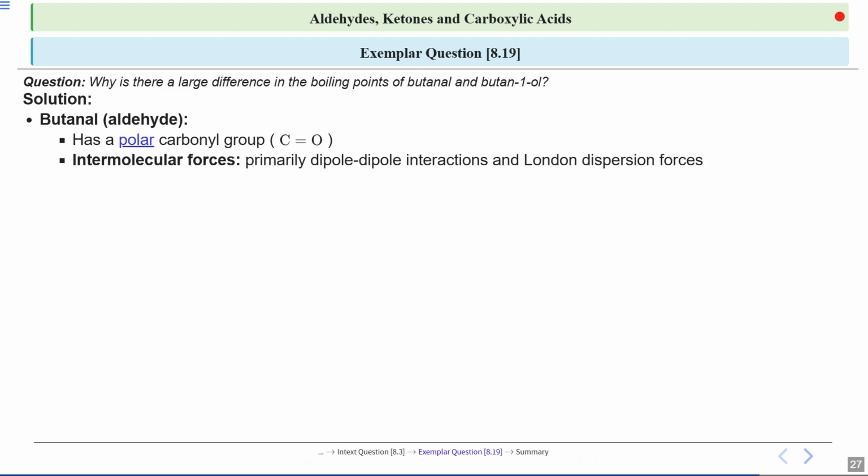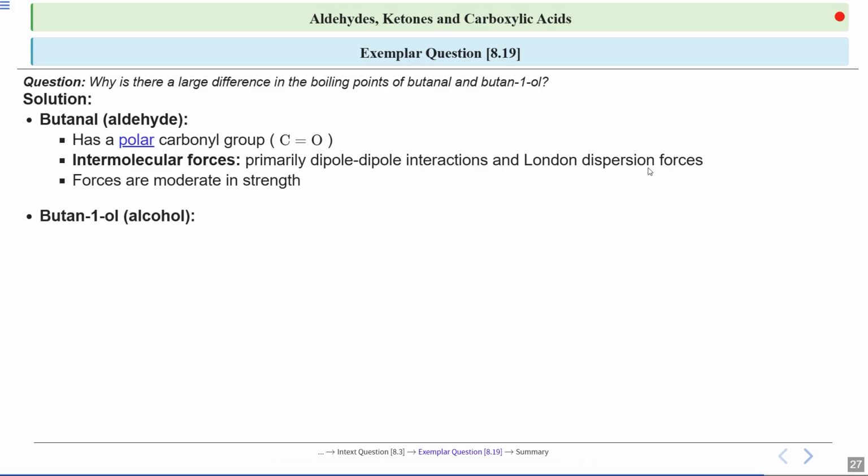So in butanol, the intermolecular forces are primarily dipole-dipole interactions and London dispersion forces. These dipole-dipole interactions occur between polar molecules, while London dispersion forces are present in all molecules regardless of polarity. These forces in butanol are moderate in strength, which means they don't require a lot of energy to overcome. So that is why we can say that butanol has a relatively lower boiling point compared to butane